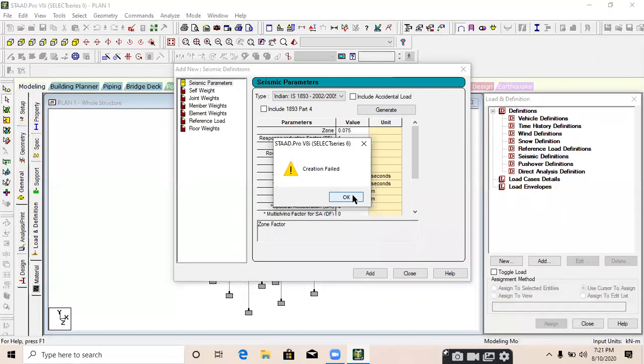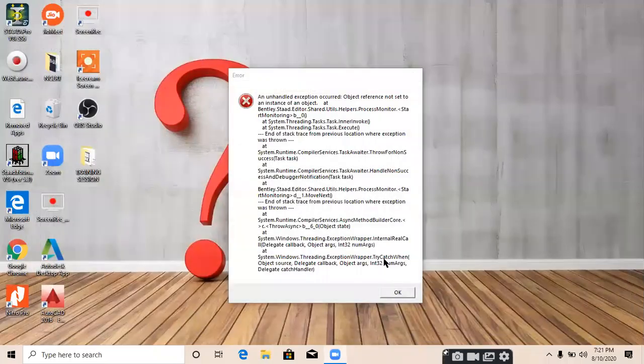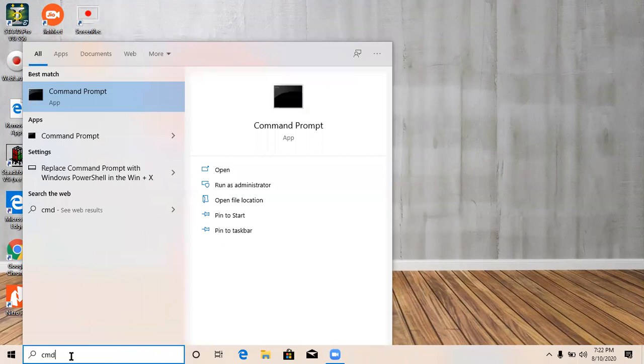So what we need to do, we need to just close the program in all your computers. That's why I didn't put that command in my computer also, because you need to correct it in your computer. Just close the program, because this problem is in all the computers, and type CMD in the search box.